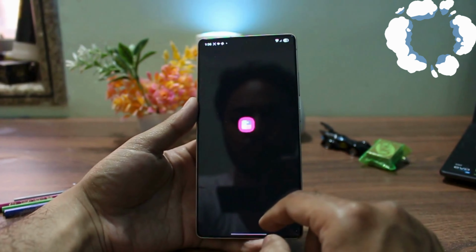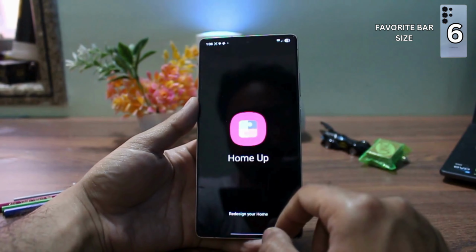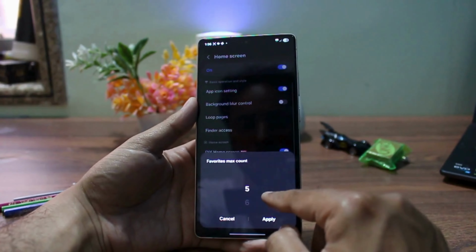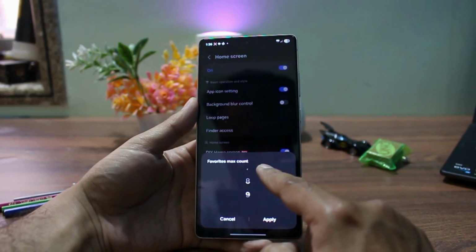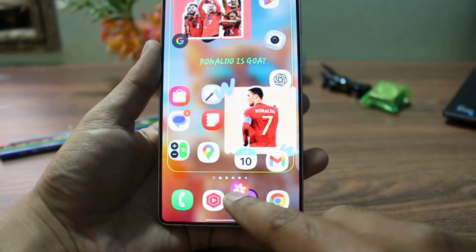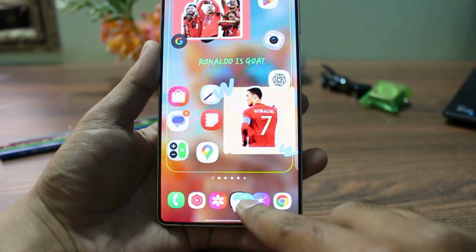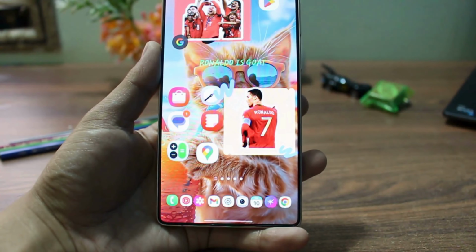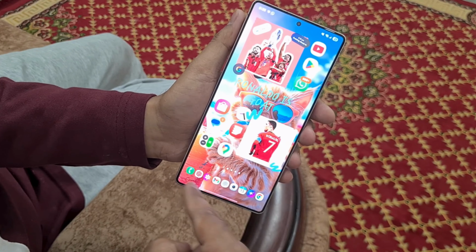Okay, now for this juicy trick, back inside Home App and then Home Screen section, in here you see this max favorite count. Well, did you know that you can actually crank that up all the way up to 9? And now, when you go to your home screen, you can actually drag up to 9 different apps or folders into your favorite bar. I mean, I can get a little bit crazy, but you got to at least love Samsung for giving us this option.